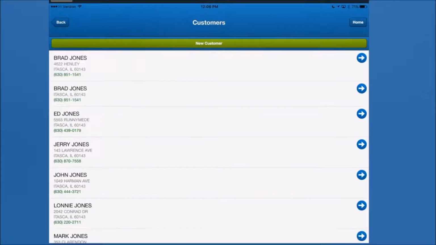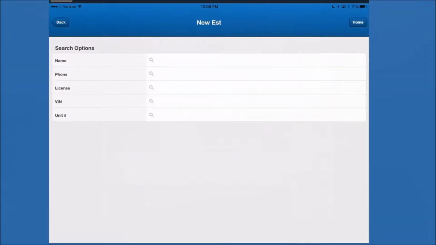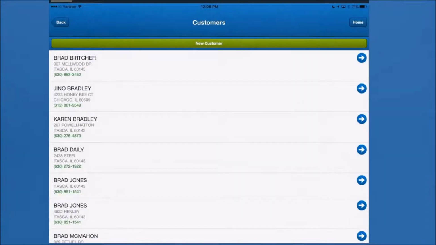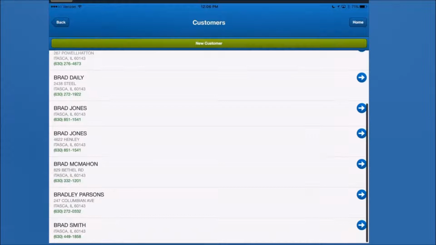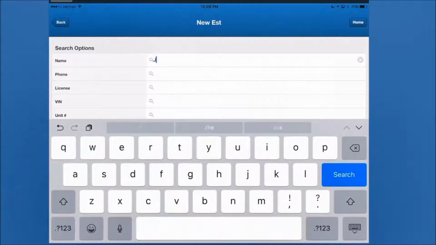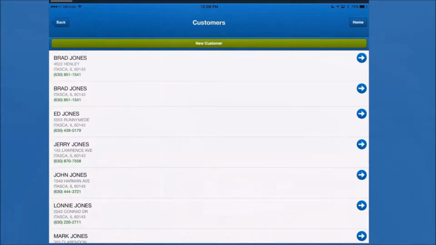Now it's finding a bunch of people by the name Jones. What's nice about RWriter Touch is too, I don't have to search by Jones. If I know his first name and I can say Brad, I can search by the first name and it'll find Brad Jones just the same. Let's go ahead and hit back here. And I definitely know his last name is Jones, but he's a new customer, so we're going to hit search and we'll hit this green bar up at the top here